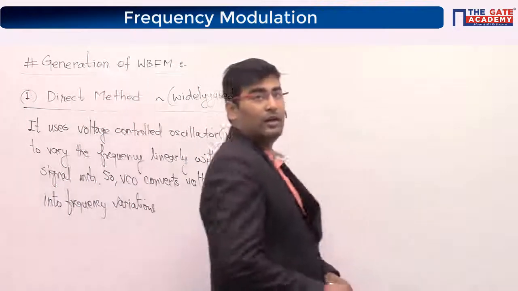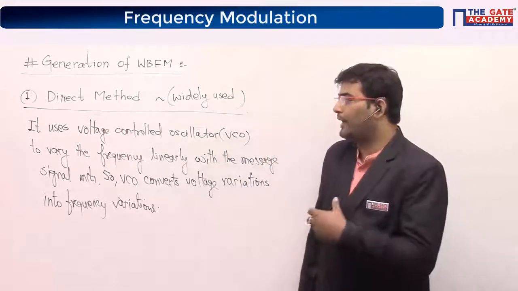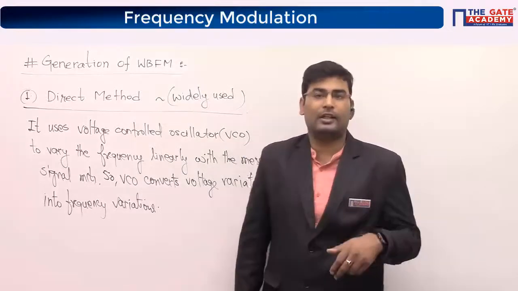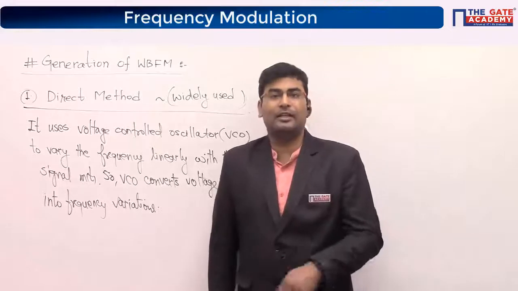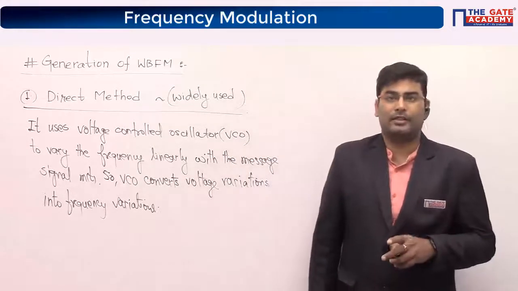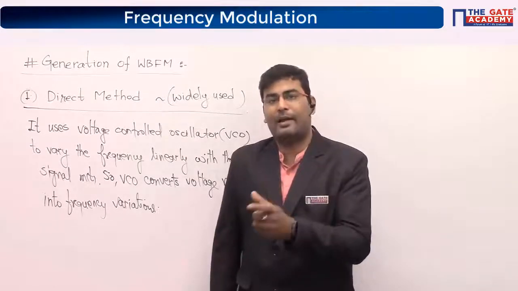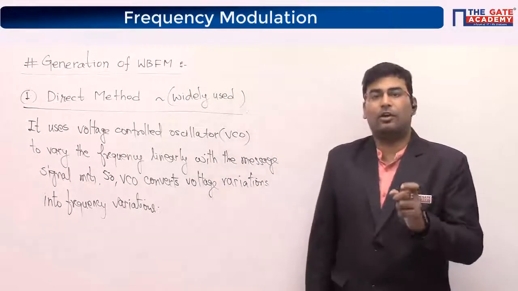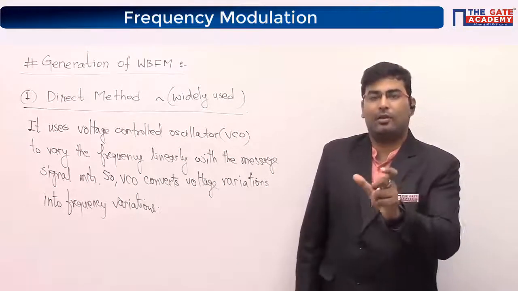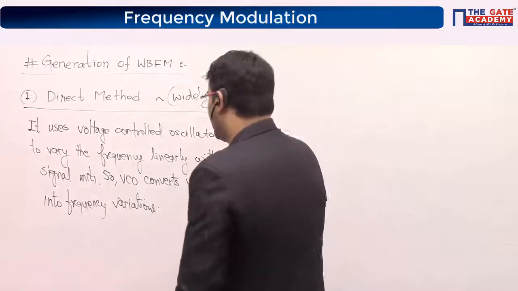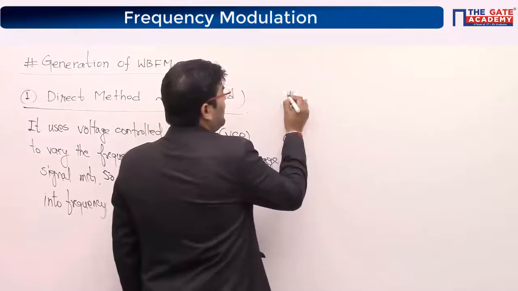Now, if you ask me whether we really need to go into what a VCO actually does and what the circuit looks like: PLL or VCO, these circuits you must study in analog integrated circuits. Here we are just using that block as an application. Similarly, the phase lock loop in the demodulation of FM will be used as just a building block. You can look at that in analog integrated circuits.